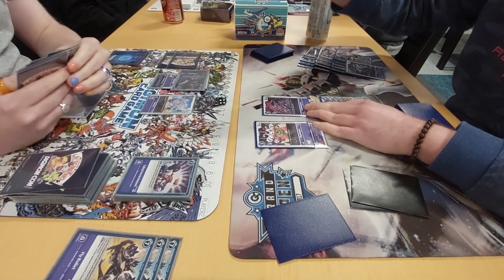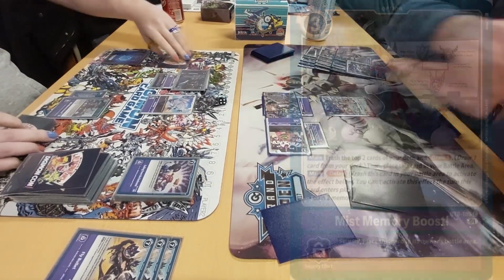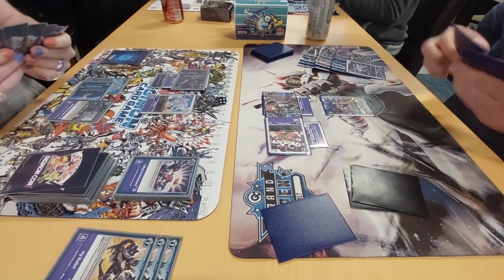First, he's going to evolve into Beelstar. Then he's going to attack security, hits the mist memory boost. Psychemon is also going to attack. And now I assume...